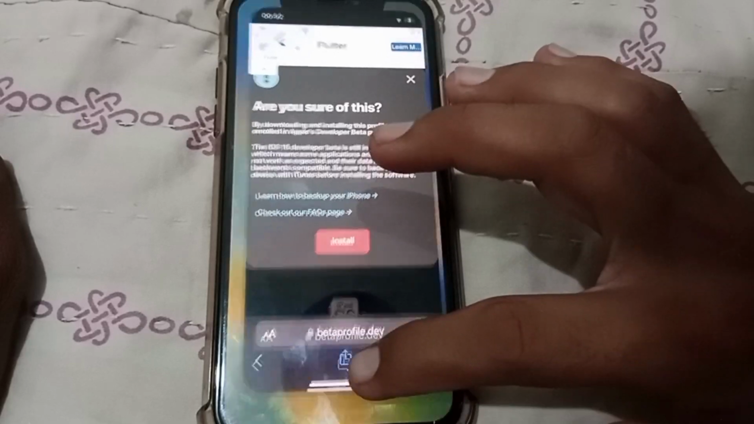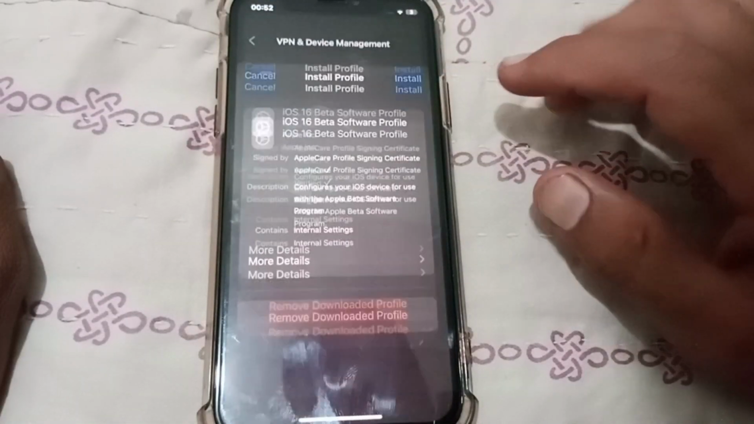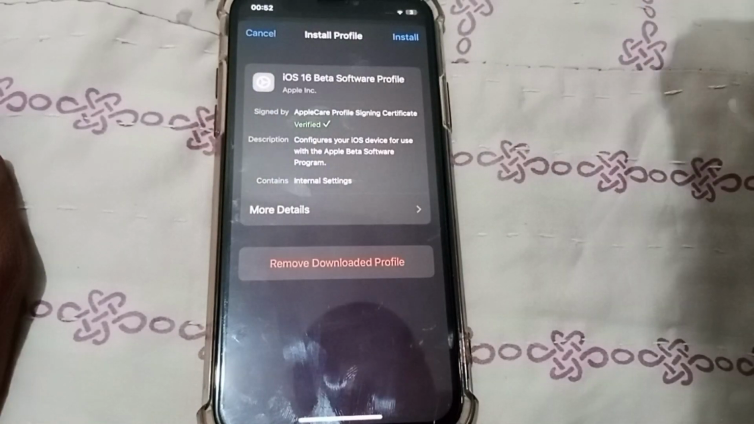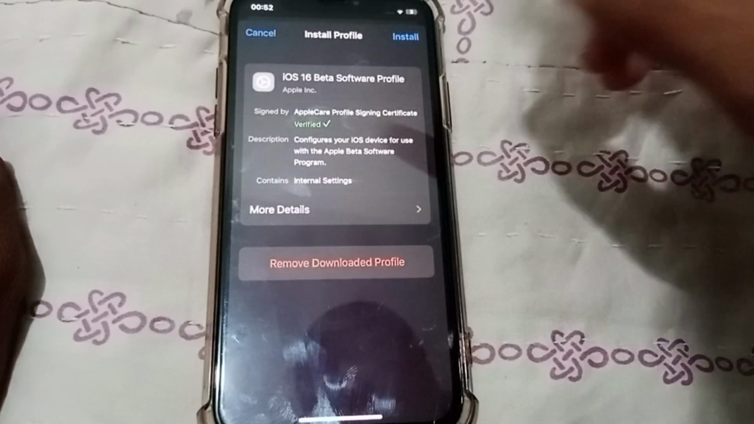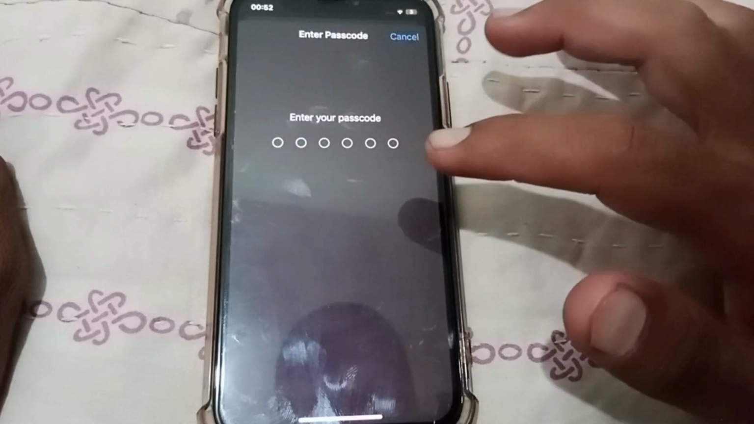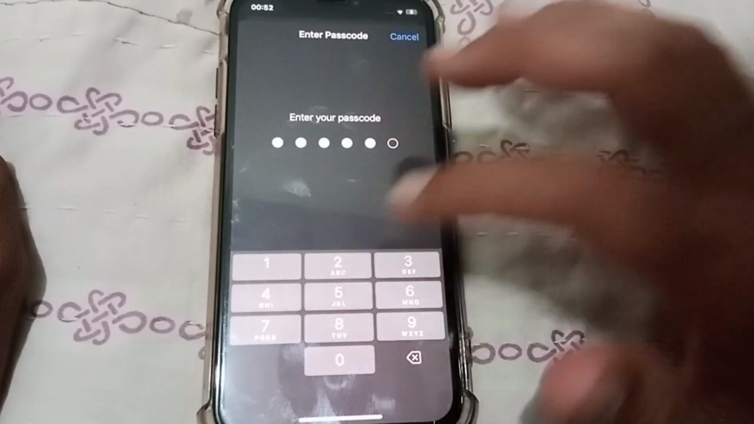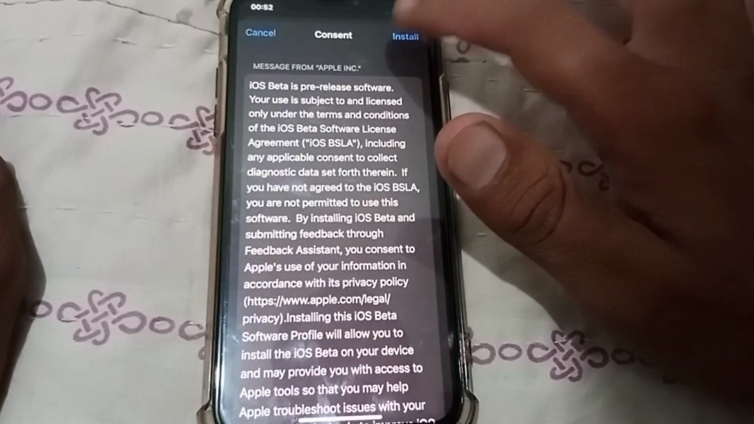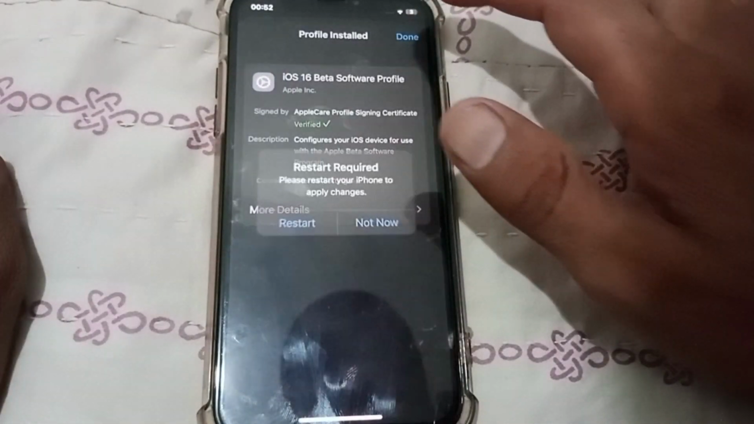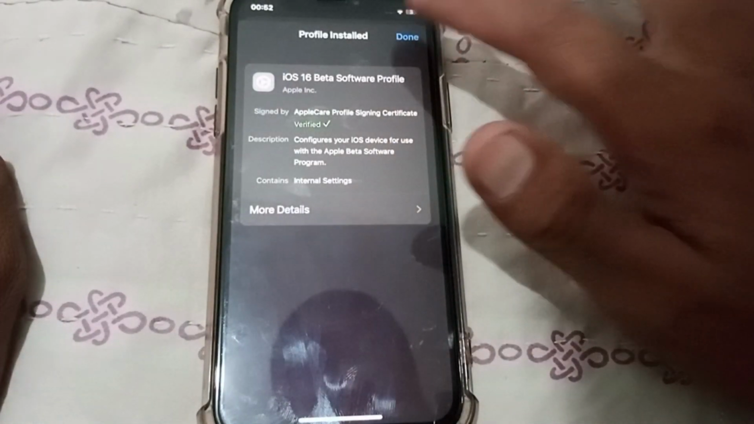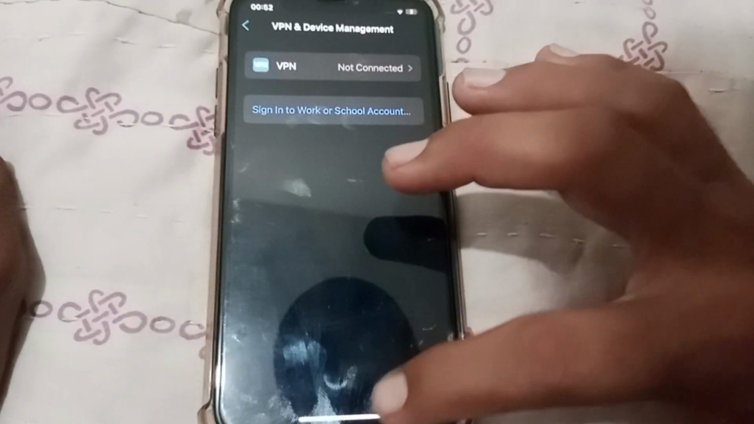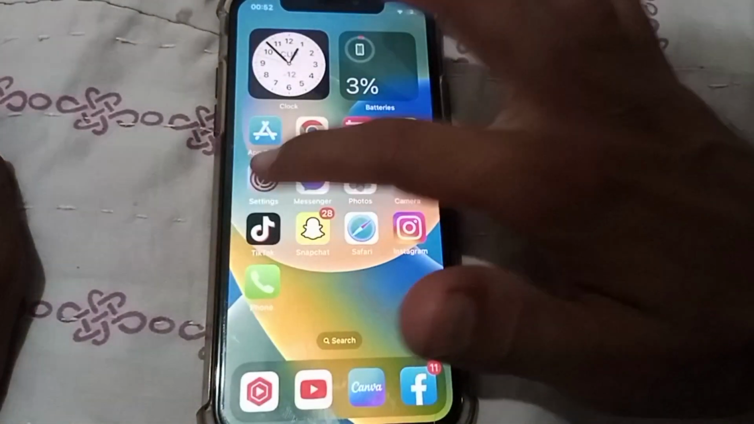Now after that guys, you have to open settings. Now tap on profile downloaded. Let me tell you that once iOS 17 is released, you have to follow this process again. Tap on install. Here you have to put the passcode. Now again you have to tap on install again. From here you have to tap on next, now tap on done. Now it's done. From here guys, close this page, open settings,